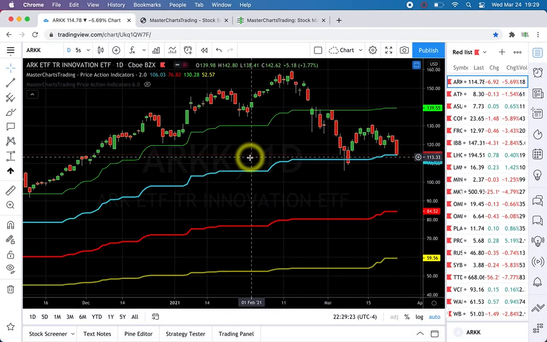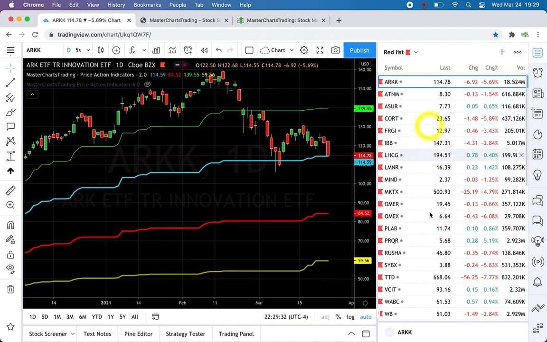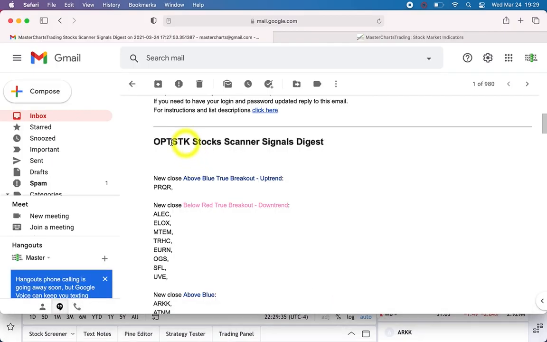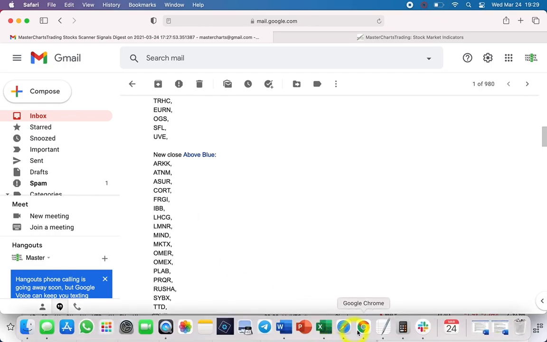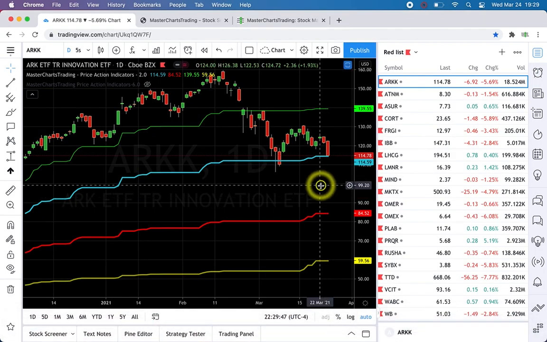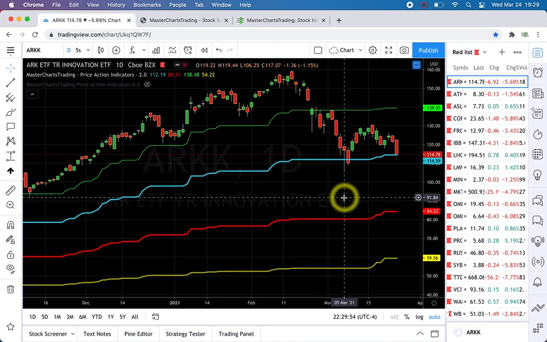So there are data differences, and I'm going to show you in just a second what I mean by data differences. Okay, and usually what I do here is I look at this chart, and all of these are stocks with options that have now closed above the blue line. So the robot thinks they are in an uptrend. Okay, usually the robot is correct. I would say it's correct well over 95% of the time, but there are occasional data differences